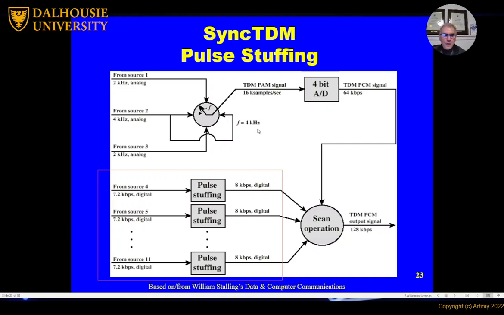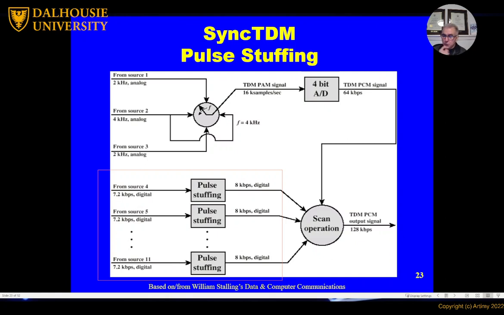Here is an example of how we do that when we are mixing analog sources with digital sources. And we'll see why we need it. So let's take this example. This circle, the scan operation, represents the multiplexer. Here we have analog signals coming from 3 different sources. The first one sends 2 kilohertz,